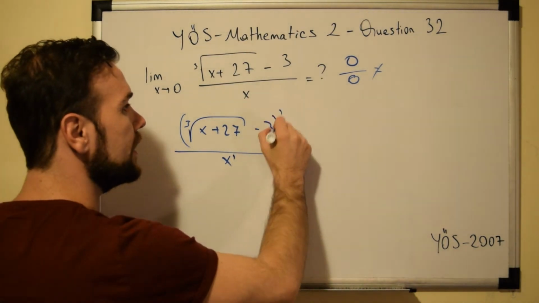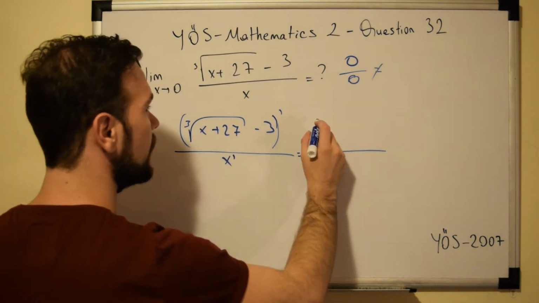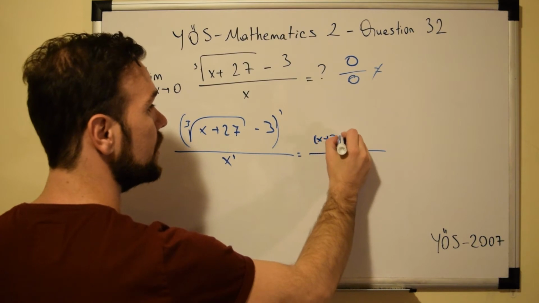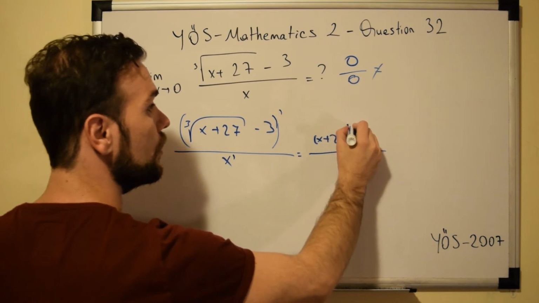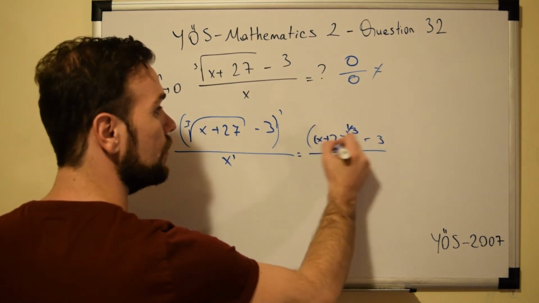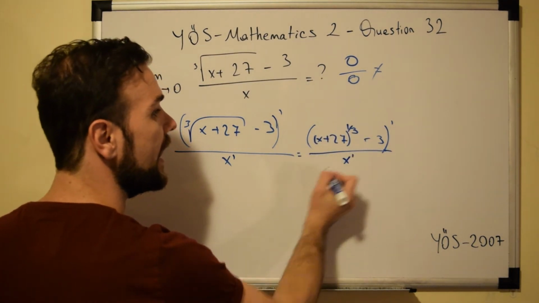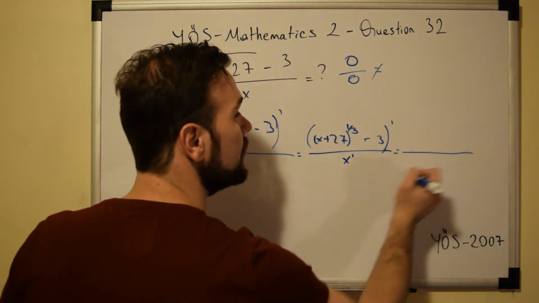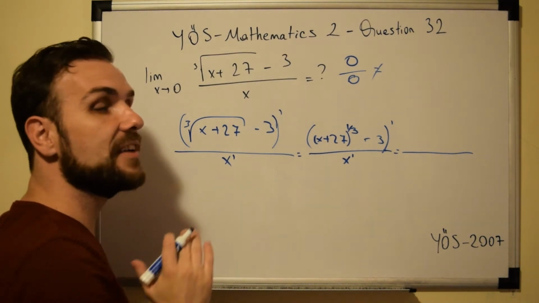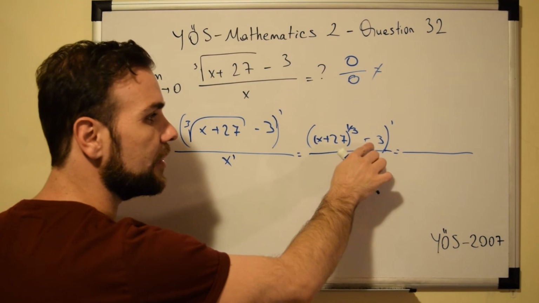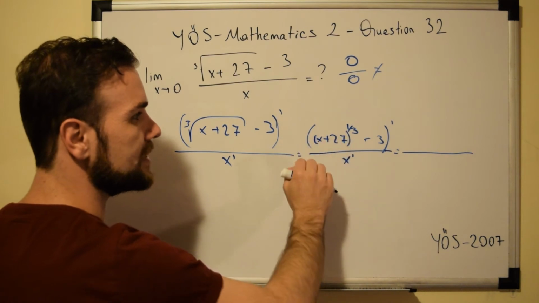Now, what is another way of writing the third root of (x plus 27)? Another way is to write it as (x plus 27) to the power of 1 over 3, minus 3. Don't forget, I will take the derivative of this expression, and I will do the same thing with x. So how do we find the derivative of this expression? As you can see, we always have to look at the terms that have x as a factor. 3 doesn't have x as a factor, so its derivative becomes 0. So we look at x plus 27. Now what do